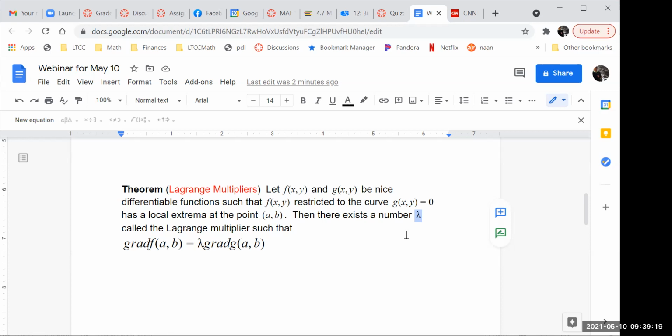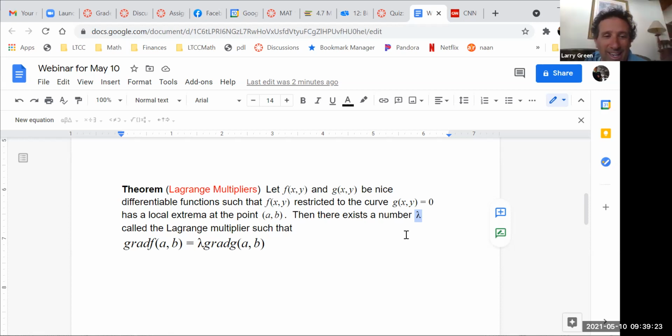At least the way I draw it, it looks like a 1, especially lowercase l. So no one uses L. You'll almost never see L used as a variable. So we use lambda, a good old Greek letter. And it's called the Lagrange multiplier,